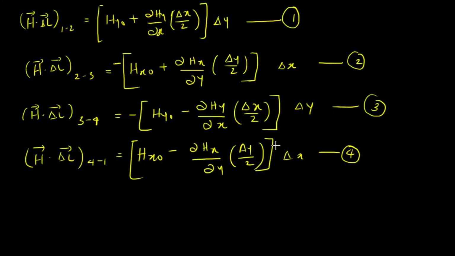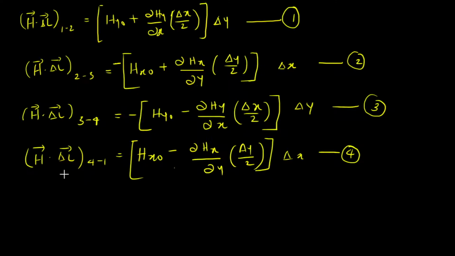So now you can relate these equations. See, the first equation and the third equation: delta y is minus, and the rate of change is also minus, so you can relate 1 and 3. Coming to equations 2 and 4, they are along the delta x direction. Here the rate of change is plus and delta x is minus, and there the rate of change is minus and delta x is plus, because they are in opposite directions.